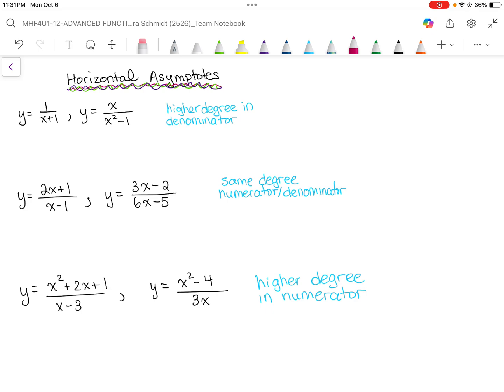So you can see in this example, it's a degree 1 in the denominator, and there is no x in the numerator. And then you can see in this second example, it's a degree 2 in the denominator and a degree 1 in the numerator. So there's a higher degree in the denominator. So what happens here is horizontal asymptotes are